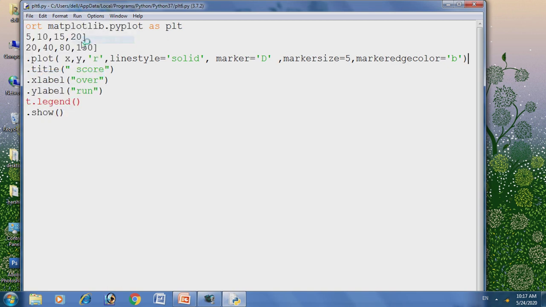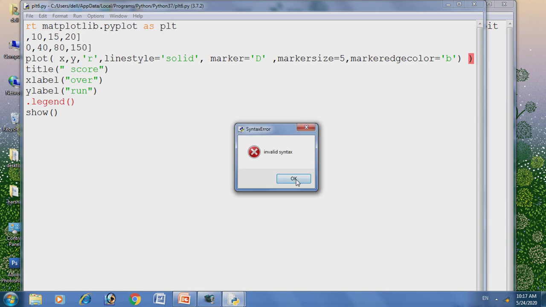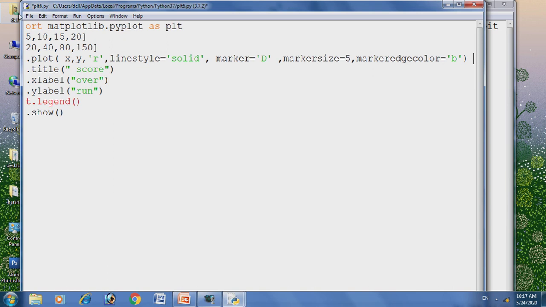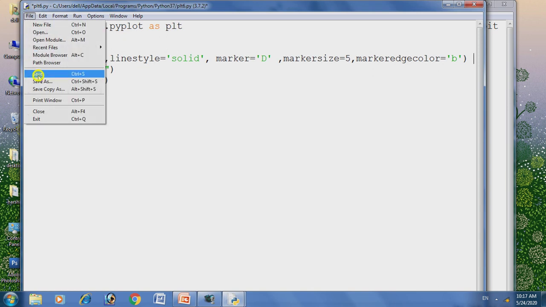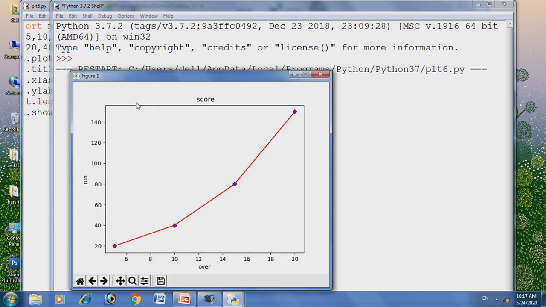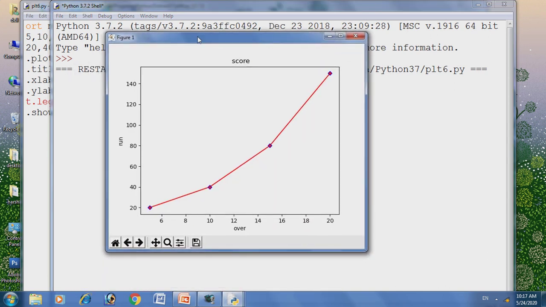Invalid syntax. Okay, I made a mistake. Now save again and execute. So here is the output. You see the line color is red. The line is solid. Marker type we asked for diamond, this is diamond,